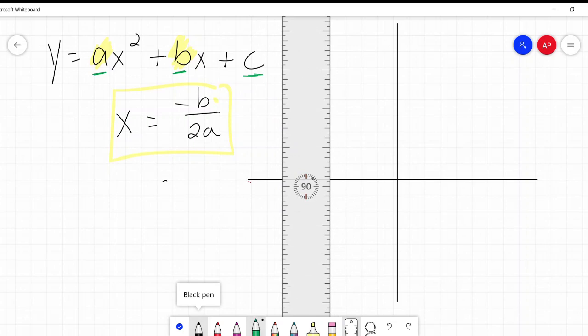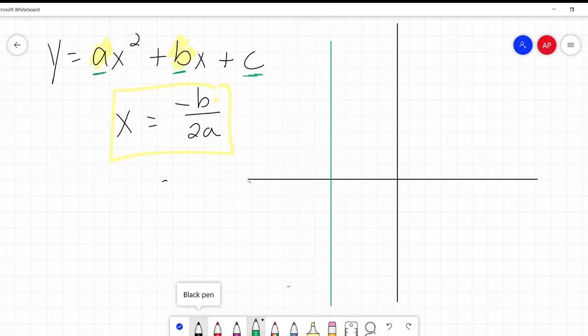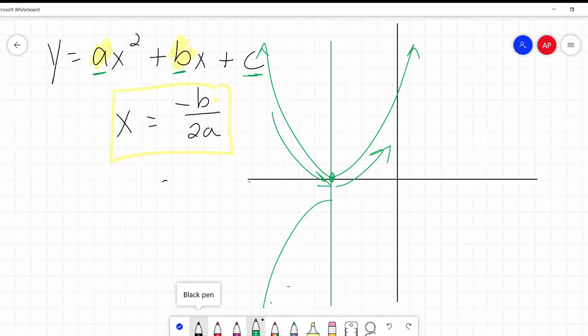Let's say I have a parabola and that I find out that back here, something like x equals negative 4 is my axis of symmetry, and my parabola looks something like that. Do you notice something about this parabola? About how low it goes, and then it starts going back up? Do you see that its lowest point is on the axis of symmetry? If this were an upside down, a negative one, like a negative x squared,